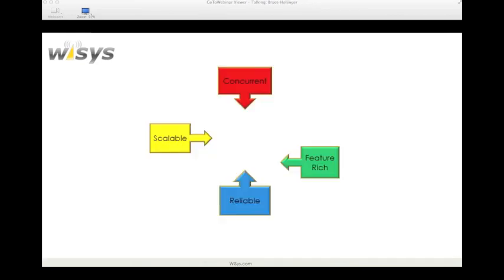So when we think about our objects, we talk about them in terms of being scalable, concurrent, feature-rich, and reliable. So what does that mean? Well, scalable means they need to be very fast. When we thought about our objects, we thought that they need to be equal to an ERP performance level. And in fact, when people actually install our product and start using our objects or specifically using our WMS, the transaction